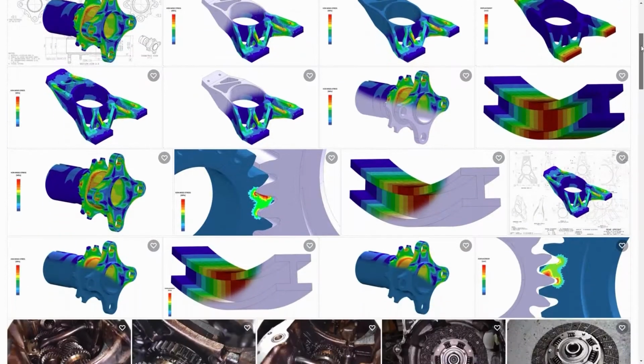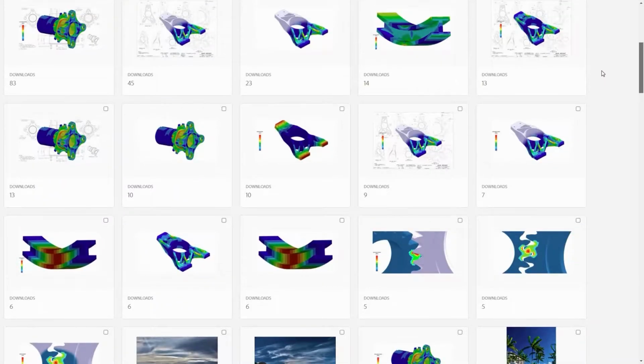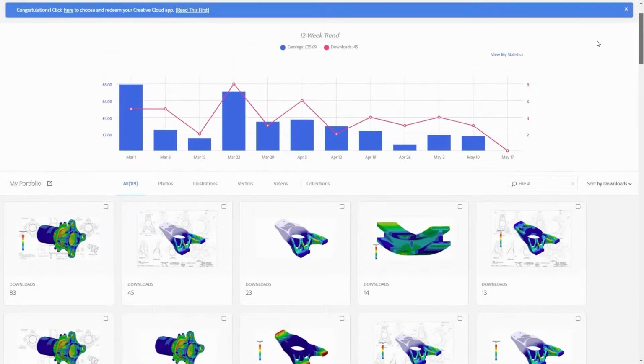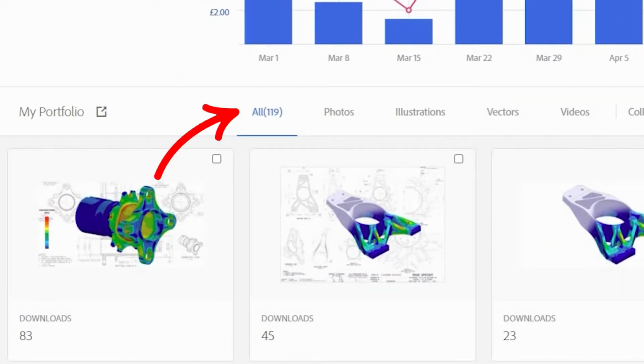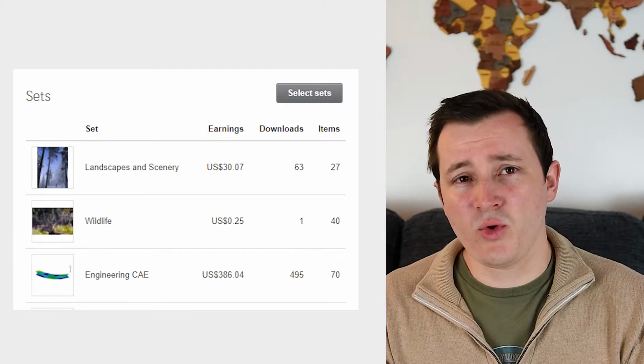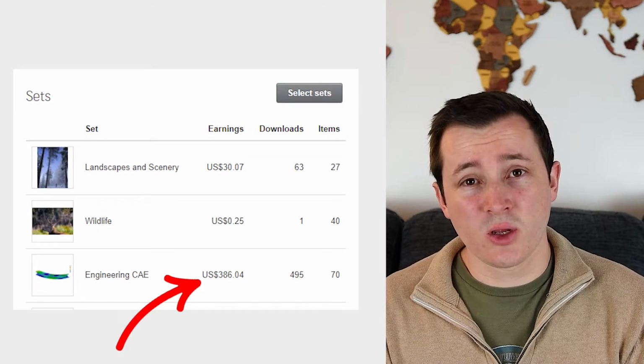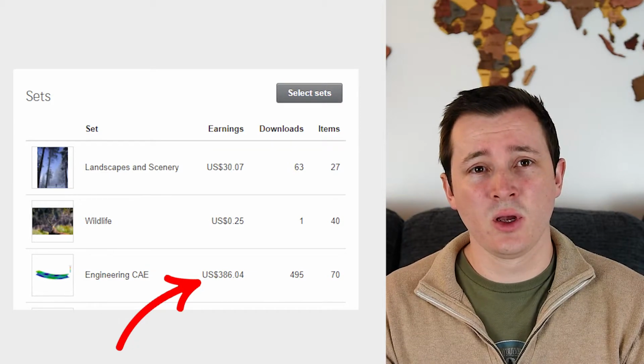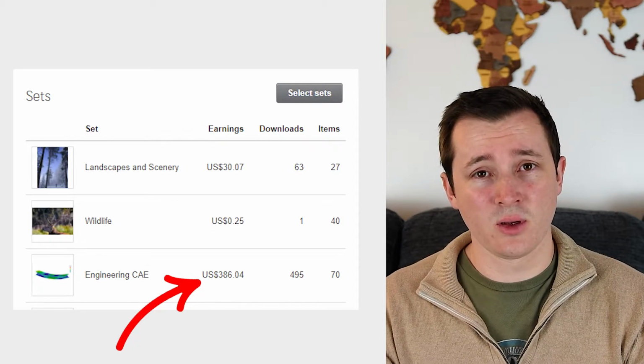But why is this? Well, it's actually not the images, as I've got the same images on Adobe as I do on Shutterstock. In fact, I actually have less stock on Adobe. In my previous earnings video, I showed the computer-aided engineering images are what make up the bulk of my earnings. And it's the same story here, where I had just 17 of the 297 downloads,